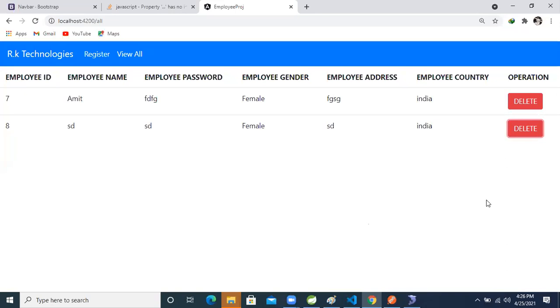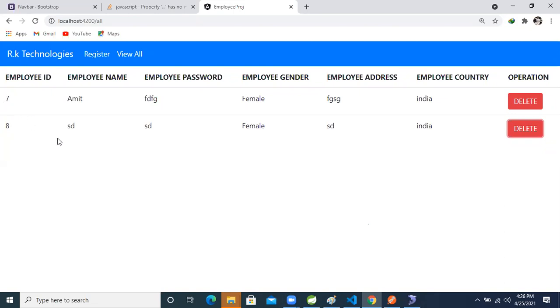Next, whenever we click on this button, we need to perform some action. We will take this id, and based on this id only we will delete the data.